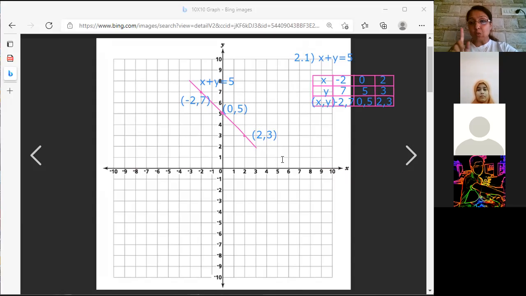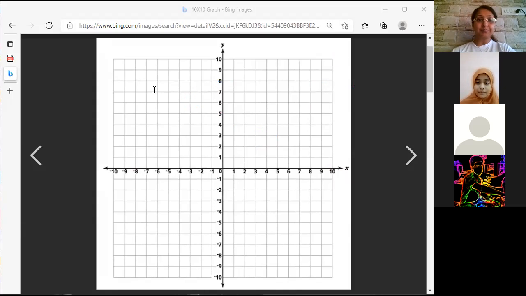This is the first one that I have done. We have to do 4 of them. I will not do all 4. I might just do one more for you. The other 2 you will do for homework. Is it fine? Can I clear the graph for now and go to our next question?